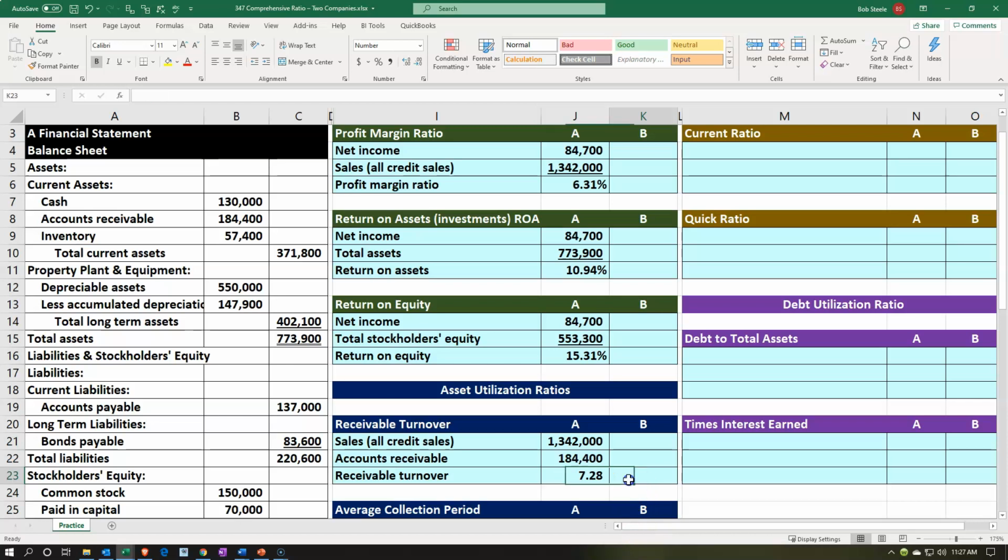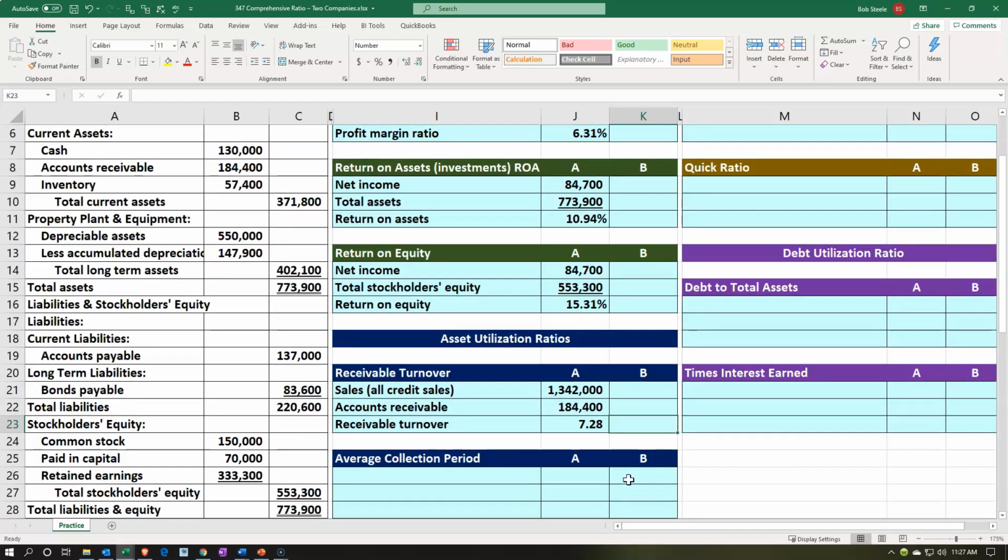So this is a measure of the receivable turnover, how many times the receivables are turning over. If they turn over more, that's typically better. A higher turnover is typically better because we'd like these things to be turning over more. That would be good for cash flow. Is 7.28 good? Well, it depends on past performance measurements and on industry standards, as well as trends, our trends compared